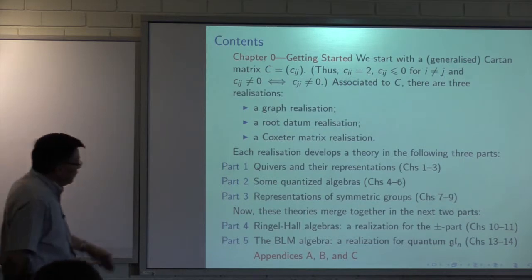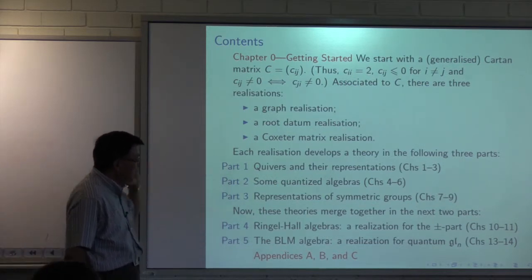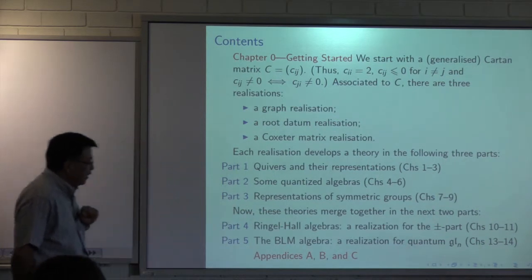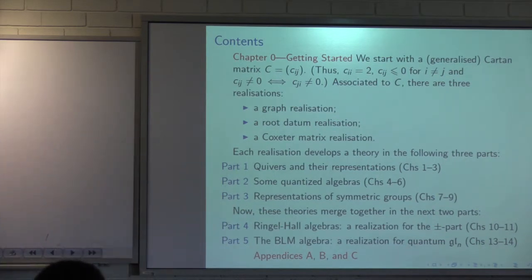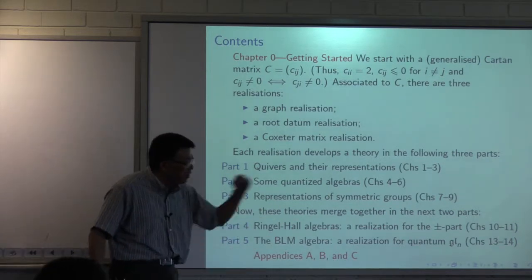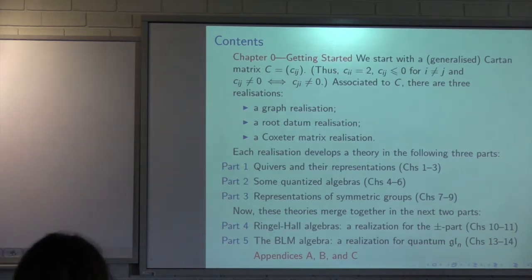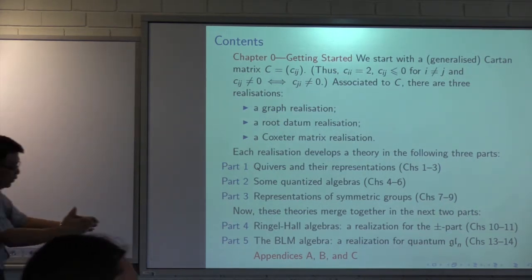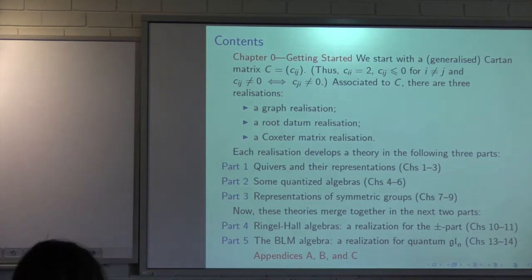And also, you know, how part 1 and part 3 connect with each other. You look at a realization for quantum GL_n. In that case, we use basically symmetric groups, Coxeter groups, and then move on to some Schur algebra. Then from there, we can construct the entire quantum GL_n through this kind of finite-dimensional algebra. So they merge eventually in these 2 parts, which tells you different theories can eventually construct the same objects.